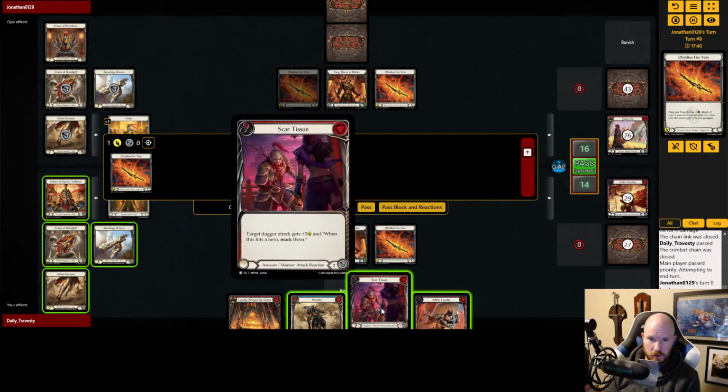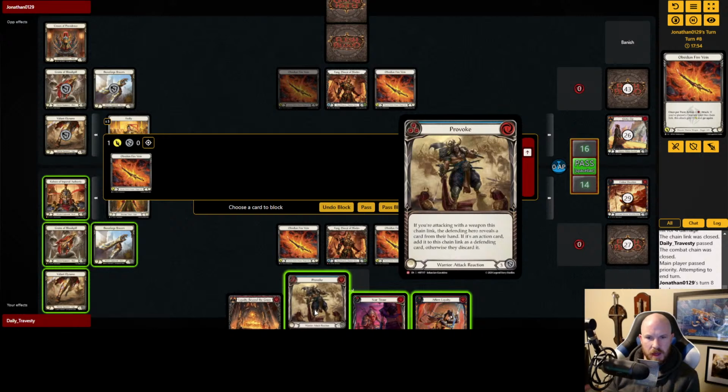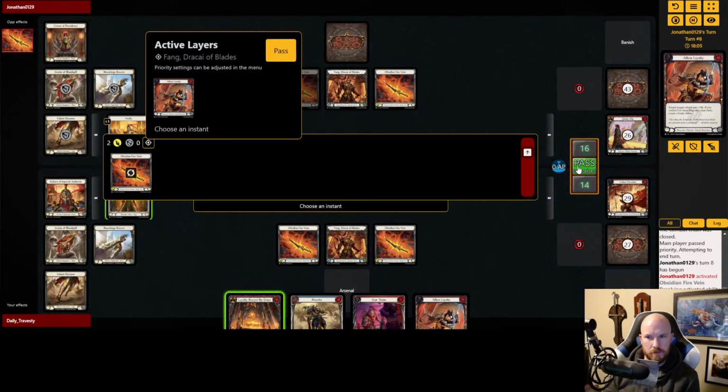We have a Scar Tissue that we're going to use for damage. And we have the Loyalty Beyond the Grave. That'll be our second one in the bin, so if we ever need to draw an extra card, we'll have that. And we have a Provoke that I think we'll use as blocks. If we happen to have it in our hand, that's great because we can reset our Vigor, but...